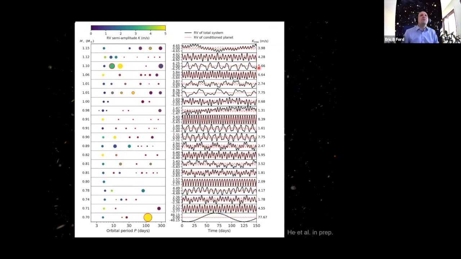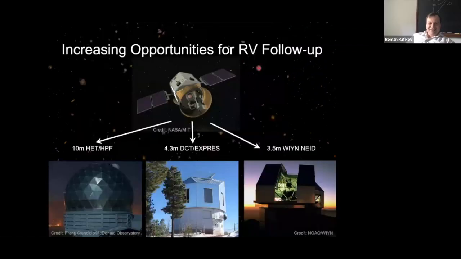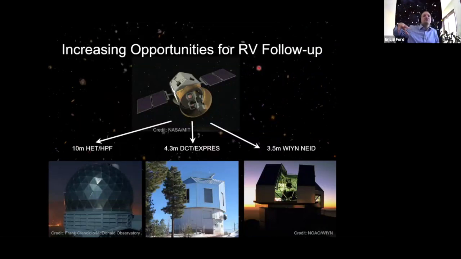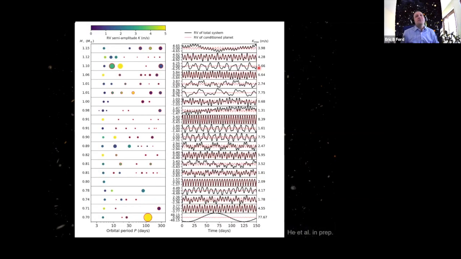Oh, well, the point there was that there's a whole lot more instruments. TESS is finding planets around bright stars, which are amenable to smaller telescopes, and there's an increasing number of instruments that are capable of following them up. Whereas in the old days there were kind of two groups, now there are so many more of them, Magellan and ESPRESSO and HARPS-North and NEID and EXPRES, and so there's a lot more follow-up activity capable of going on, and we're going to be able to follow up many more systems than when we were in the Kepler regime.